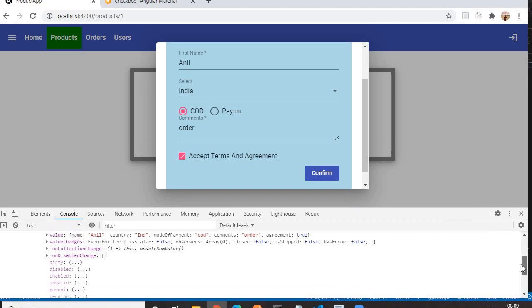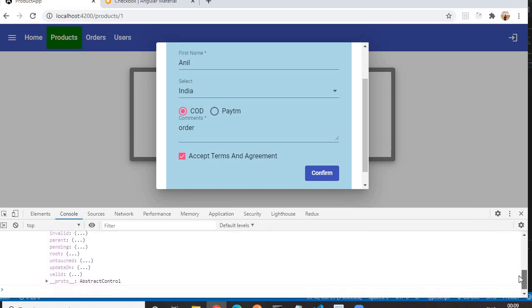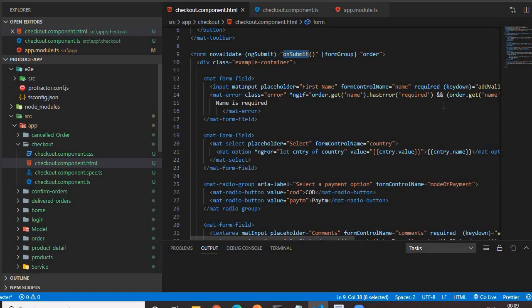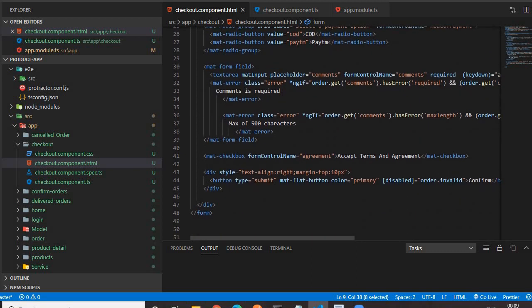The third important thing is a property called valid. If we click on that, it is true. So our form is valid because there is no error in this form. As it is valid, the disable condition that we have written in the HTML file for the button will fail.